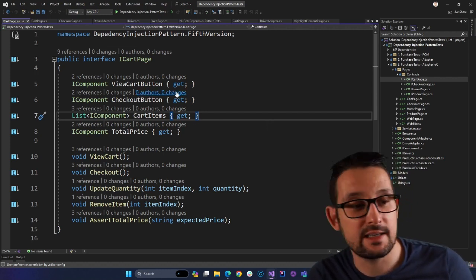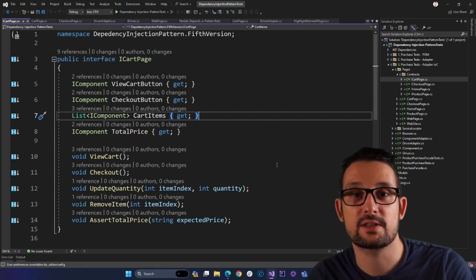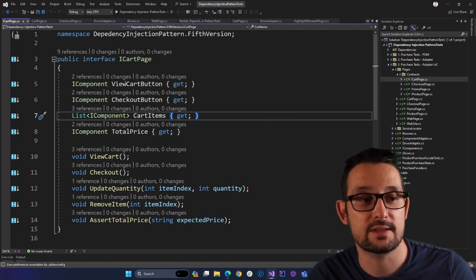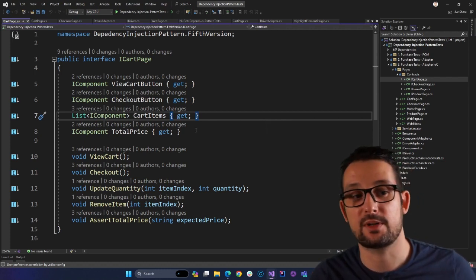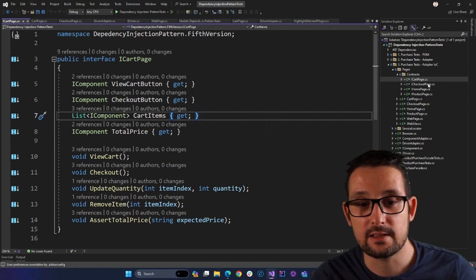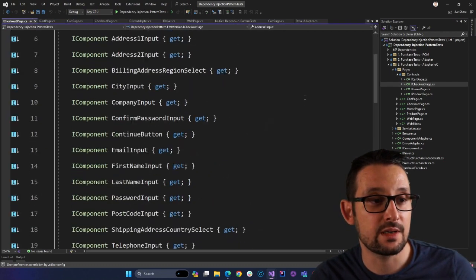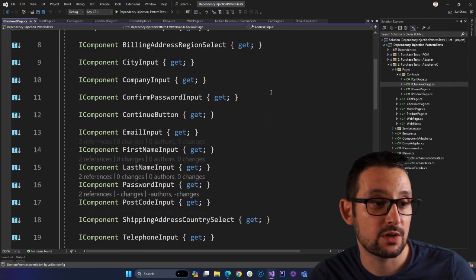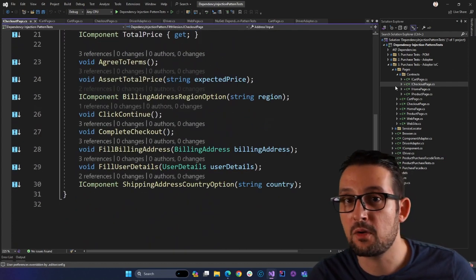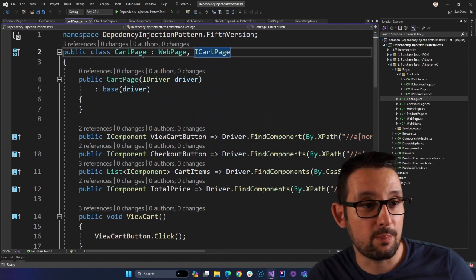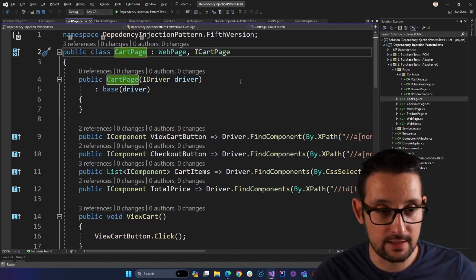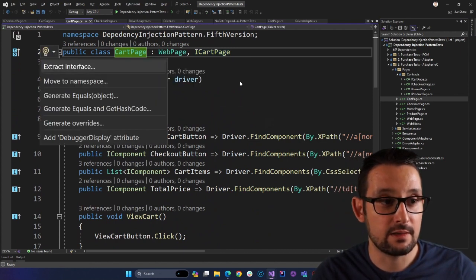However, for simplicity, I moved all of the actions and all of the assertions and all the public properties, or basically my elements. I did that for all of the pages. As you can see here, this is the checkout page. And how I did that fast, you can open the page and you can click Alt Enter, and